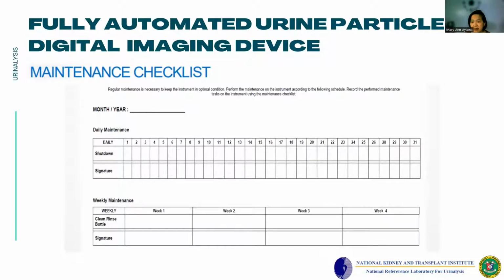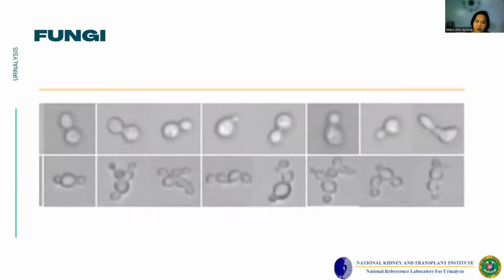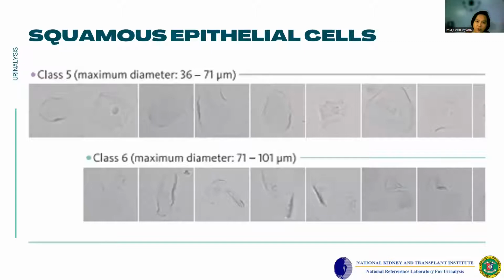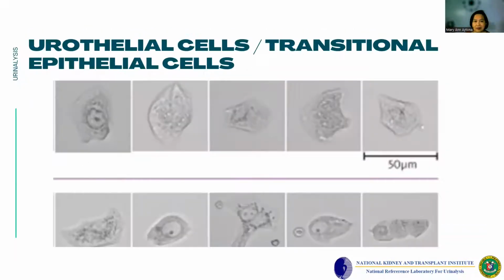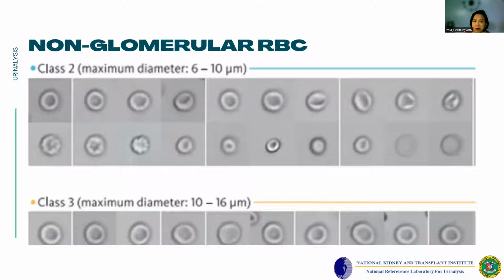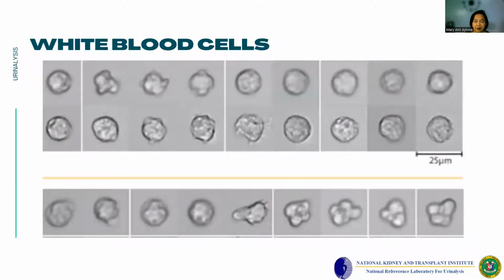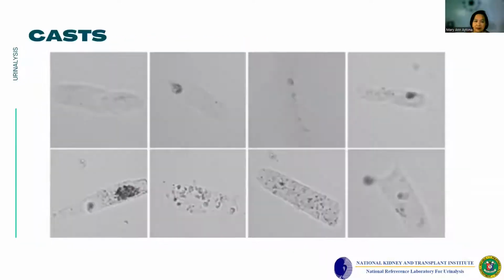Then the next slides are examples of particles in the digital imaging device, like the bacteria, an example of your fungi, squamous epithelial cells, urothelial cells or transitional epithelial cells, the renal tubular cells, the non-glomerular RBC, glomerular RBCs or the dysmorphic RBCs, the white blood cells, an example of cast,